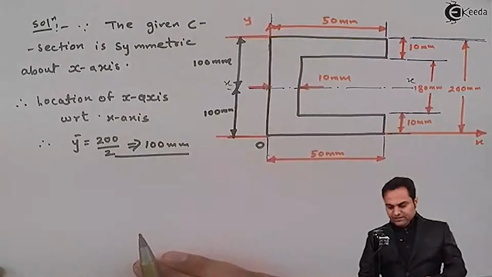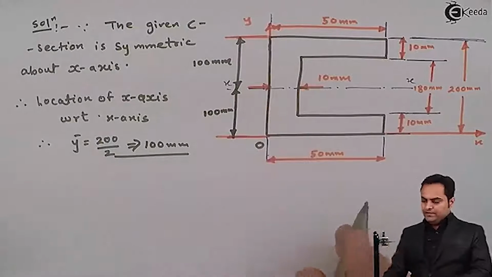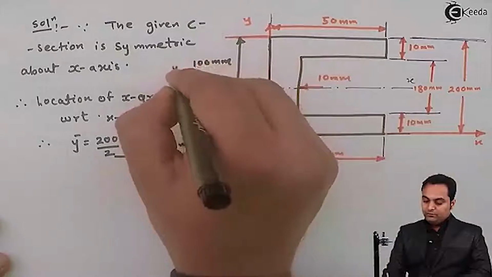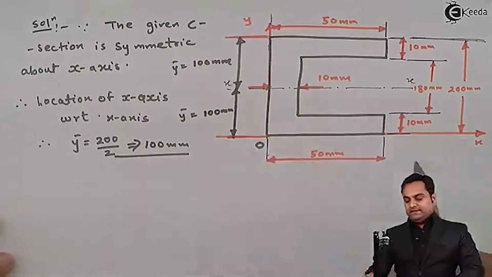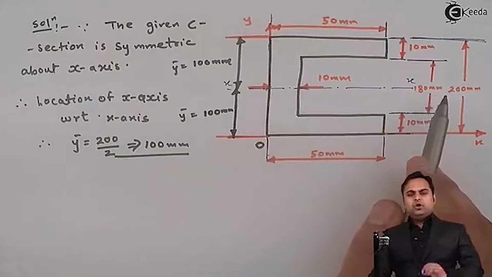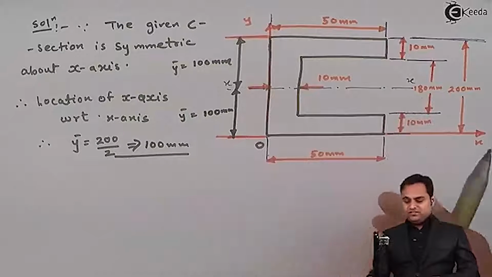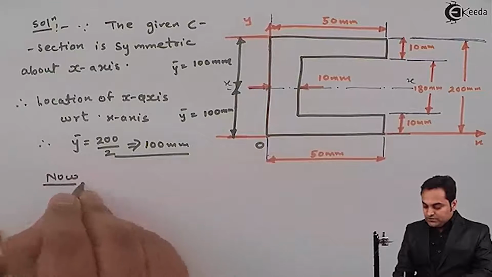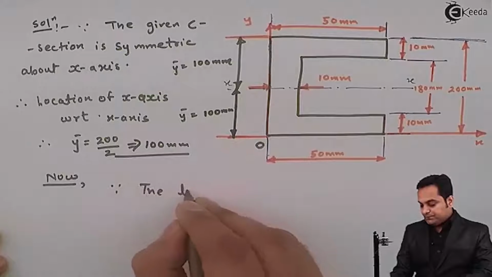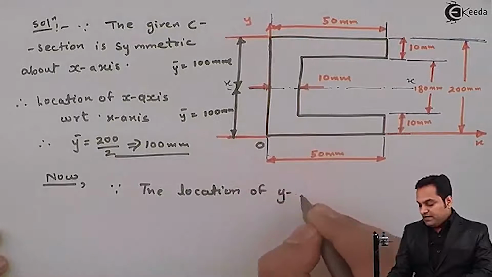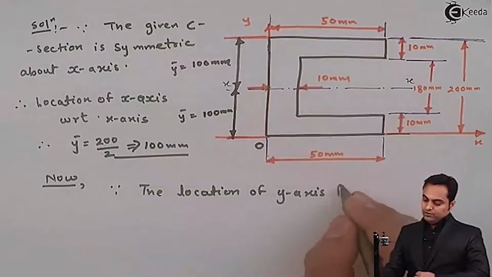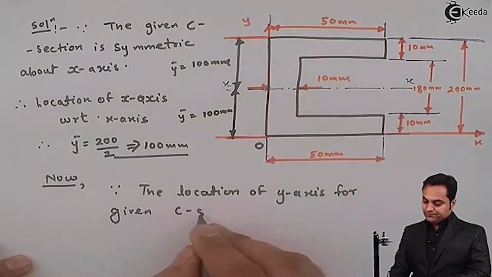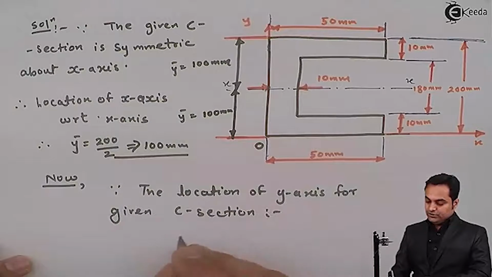Now after getting y bar, we even need to know x bar. Once we know this distance is y bar from bottom and top, it is clear that the centroid will be on this line. Now where will that centroid act? That distance would be called x bar. So now I'll say that since the location of y axis for the given C section, that location of y axis is